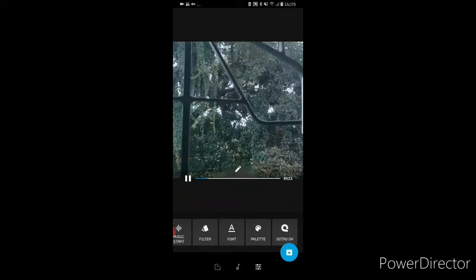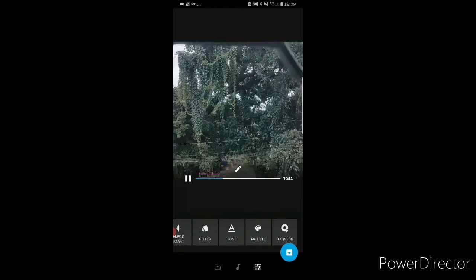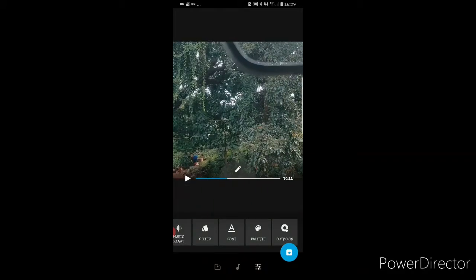Now outro is basically what appears once the video comes to an end. As I said, there is no watermark in this app. Now a watermark is basically, if you see my video here down, it shows a watermark. The watermark shows on which app the final editing is done. I have done my final editing on PowerDirector, so it shows the watermark. But on this app it does not show any watermark, so this is one of the best features about this app.